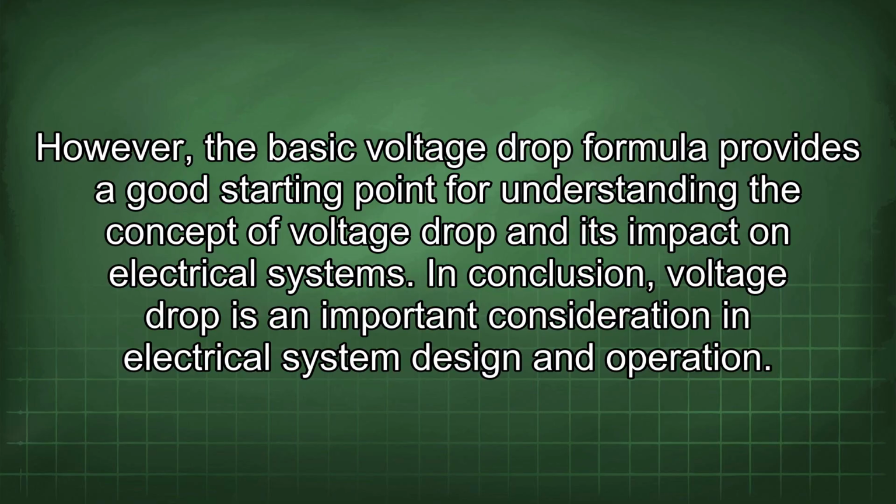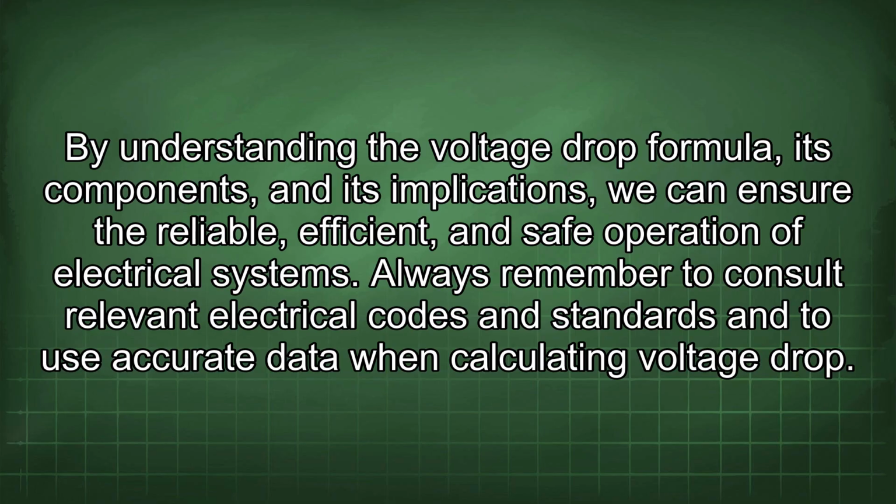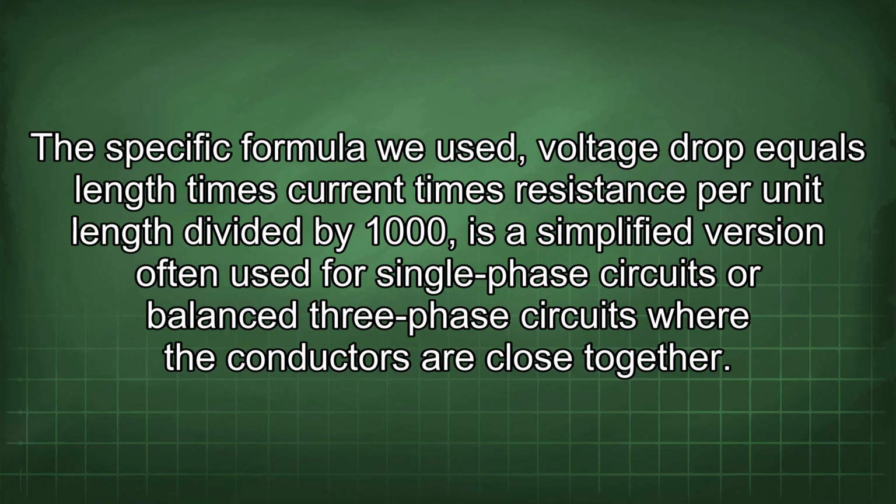impact on electrical systems. In conclusion, voltage drop is an important consideration in electrical system design and operation. By understanding the voltage drop formula, its components, and its implications, we can ensure the reliable, efficient, and safe operation of electrical systems. Always remember to consult relevant electrical codes and standards and to use accurate data when calculating voltage drop. The specific formula we used, voltage drop equals length times current times resistance per unit length divided by 1000,